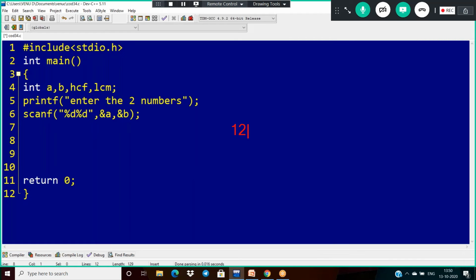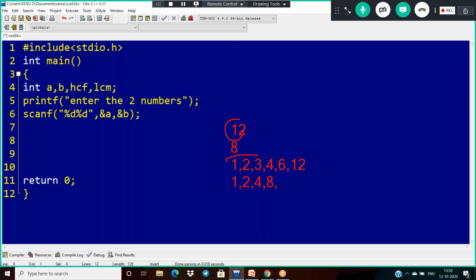I have to implement the logic like this. Suppose I'm giving 12 and 8. The factors of 12 are 1, 2, 3, 4, 6, 12. And the factors of 8 are 1, 2, 4, 8. And what are the common factors here? First, take the common factors of these two.